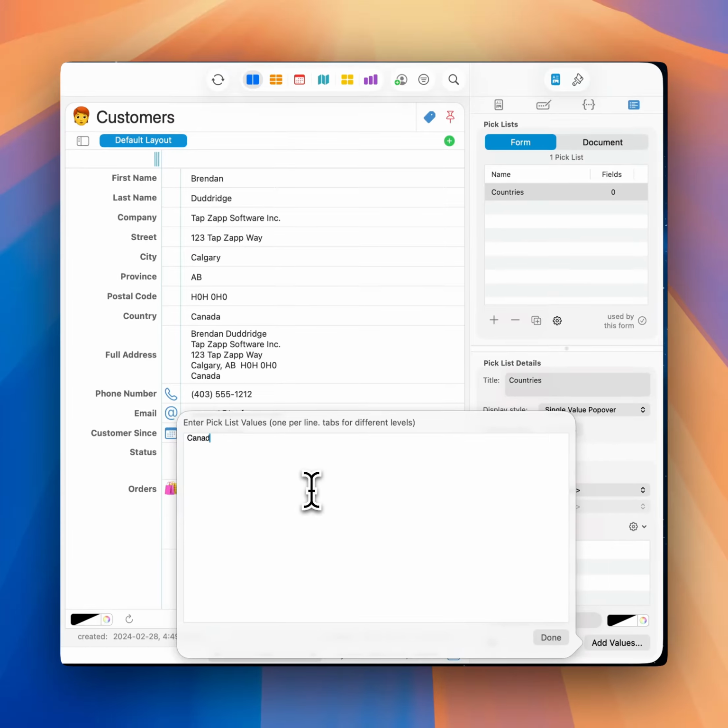So Canada, Alberta, British Columbia, Manitoba, Saskatchewan, Ontario, Quebec, and so on and so on. United Kingdom, Scotland, Edinburgh,